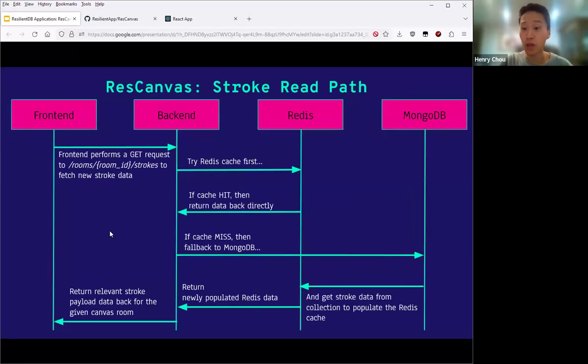So in terms of the stroke read path, what the front end does is that it first performs a GET request to this endpoint here to fetch new stroke data. And this endpoint basically contacts the backend, and the backend, as you know, tries the Redis cache first, and if there's a cache hit, then you can return the data back quickly. If it misses, you fall back to MongoDB, and we get the stroke data from the strokes collection to populate the Redis cache,